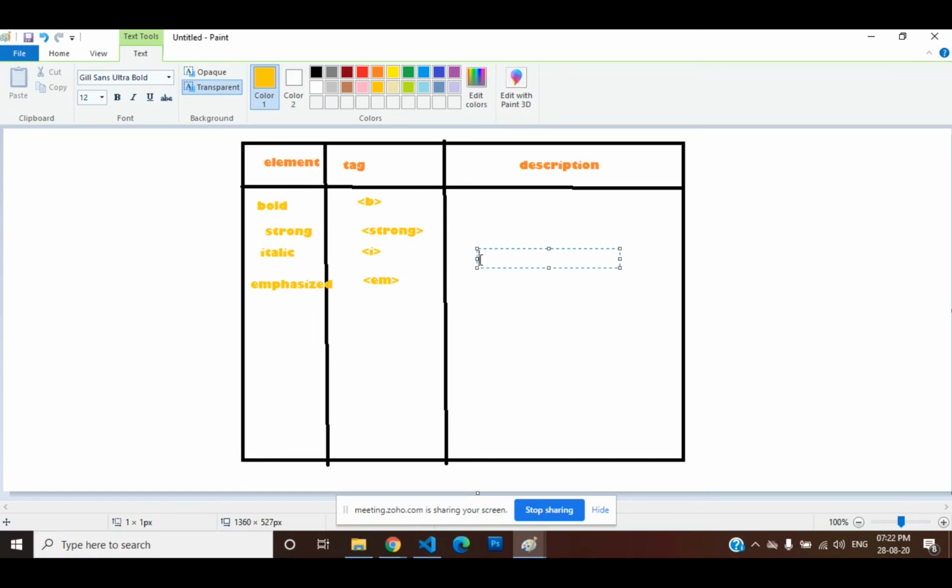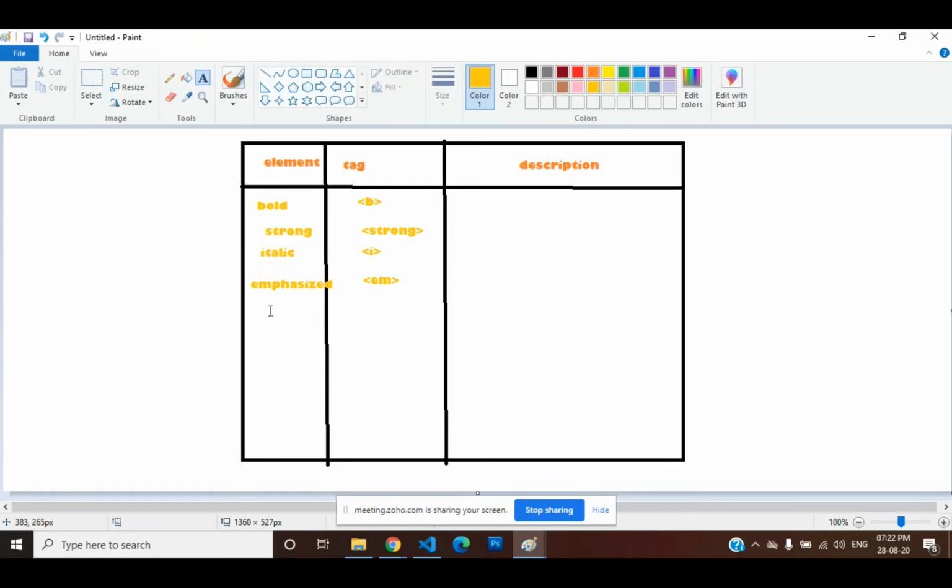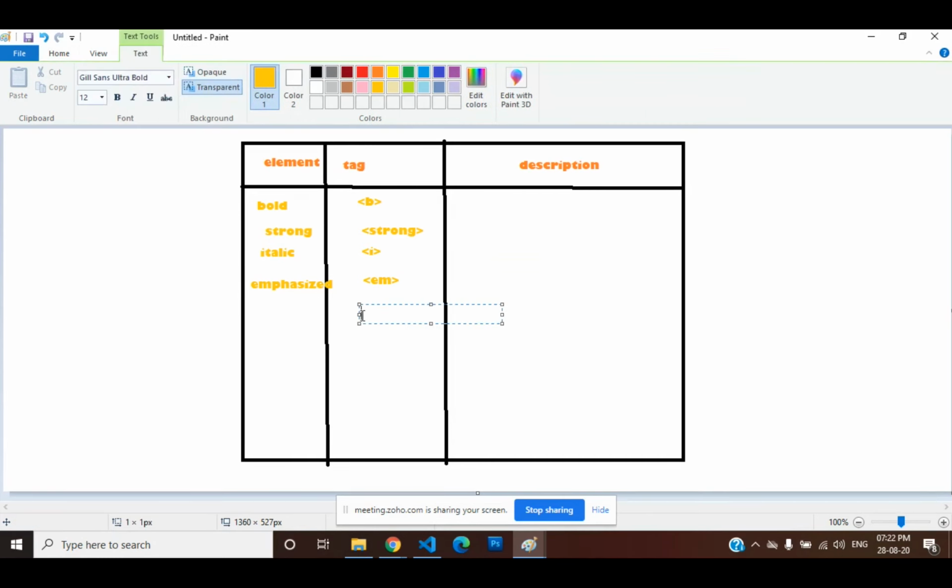Now coming to the next element that we call underline. I don't want to write all the points, just whatever I'm saying, please note it down fast. Now another element, underline. Now coming to the tag, underline tag like this.